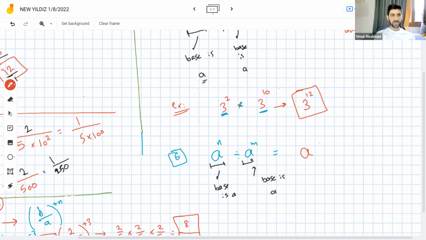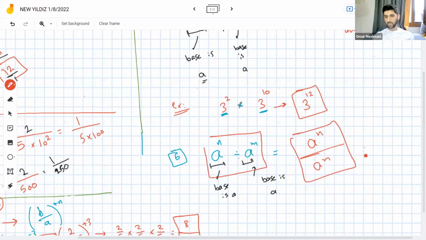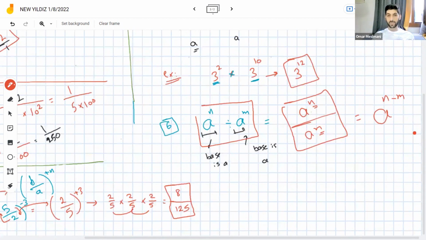Before talking about the formula, you might see this as a power n over a power m. Okay, you might see it like this shape, or you might see it like this. Both of them are the same concept. What is the formula right now? You subtract the denominator power from the numerator power, so n minus m. Again, this is so important. The numerator power minus the denominator power, okay? Numerator power minus denominator power. As an example,